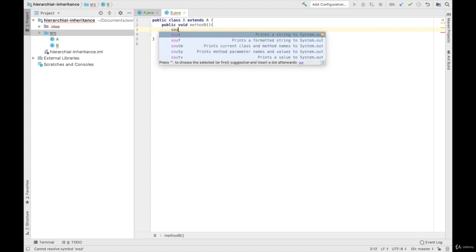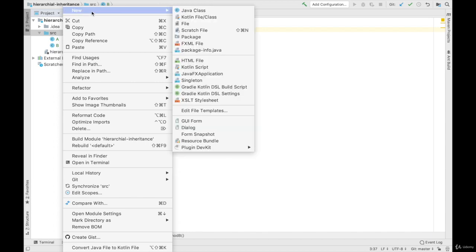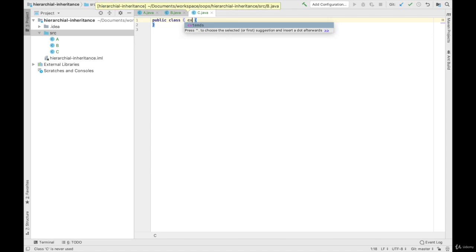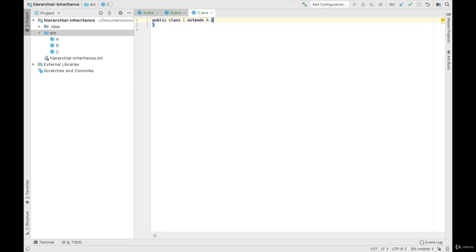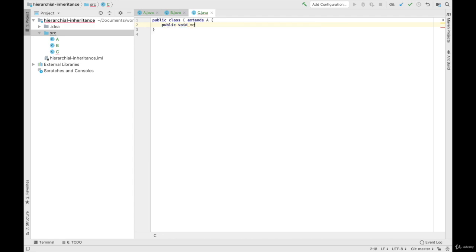Method B. And I'm going to create a third class, class C, which extends class A, and define the method public void methodC, which prints System.out.println method C. So we have three classes: B and C extend A, and A is the parent class